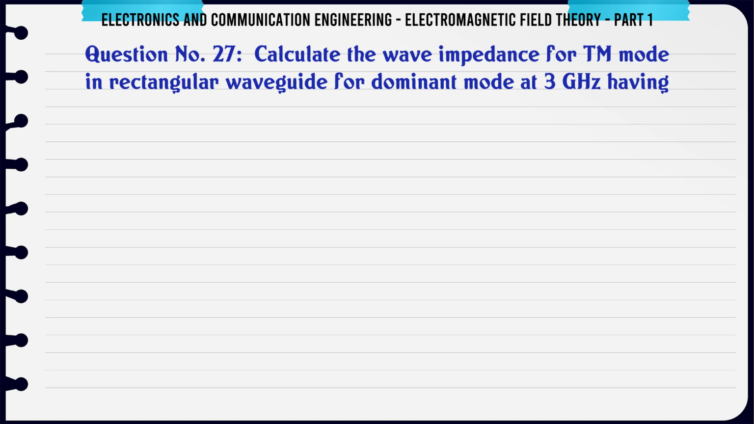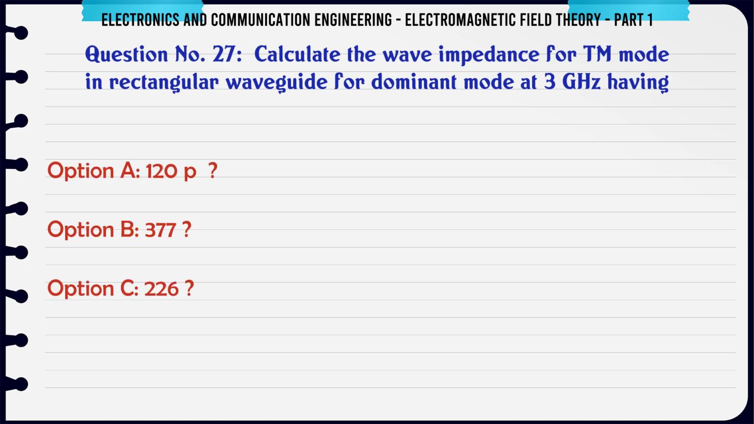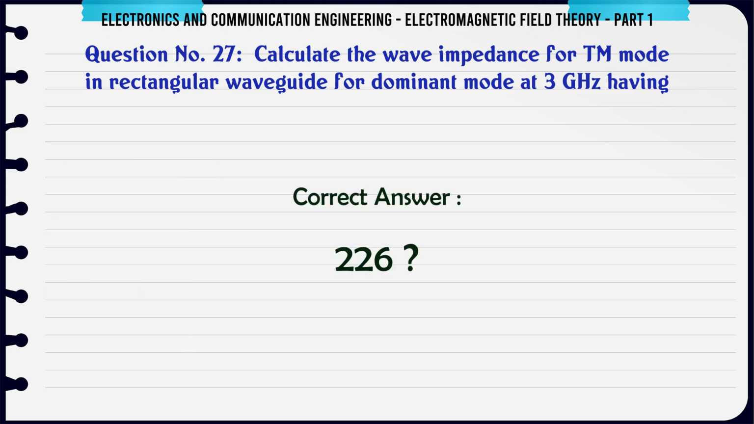Calculate the wave impedance for TM mode in a rectangular waveguide for dominant mode at 3 GHz. A, 120π; B, 377; C, 226; D, 629. The correct answer is